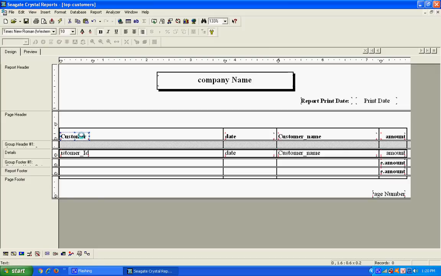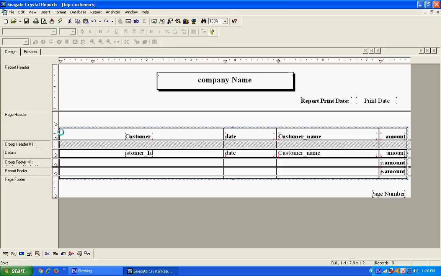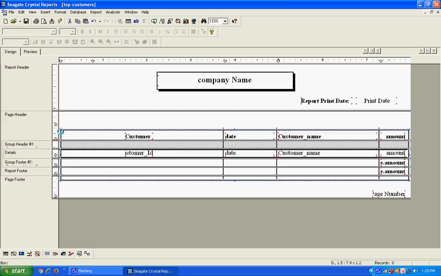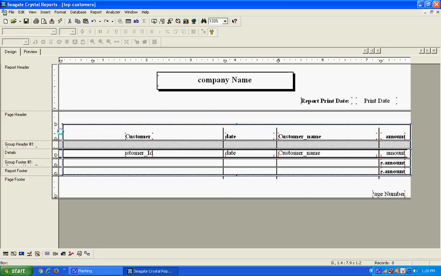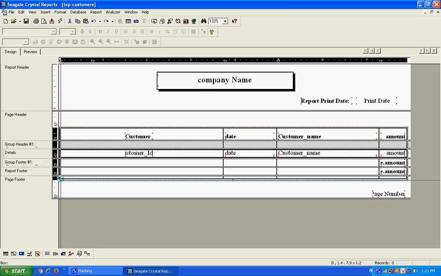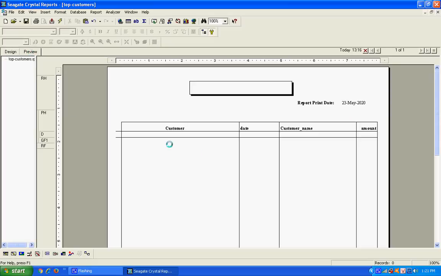We reduce the size of the customer ID and reduce the size of this box. Okay, well done. Preview.